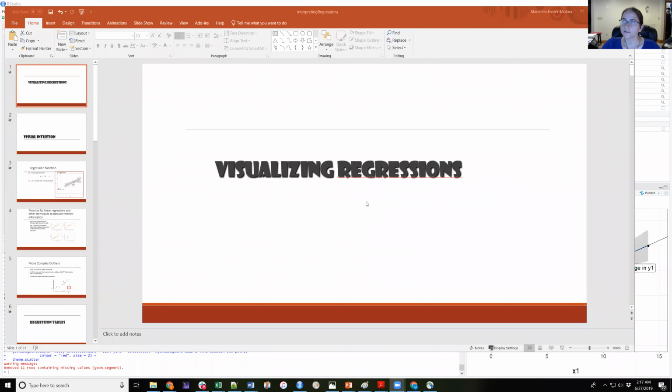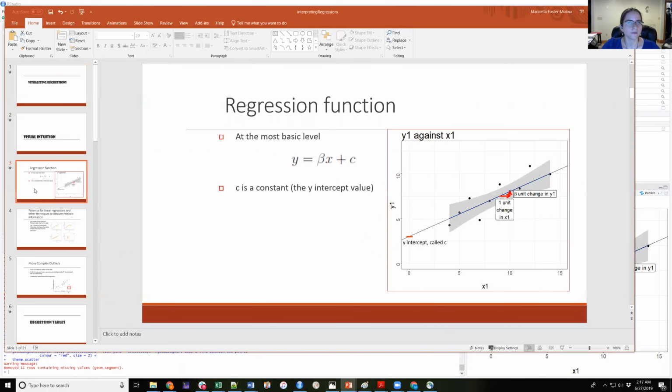So let's go ahead and start looking at the screen. So here we've got visualizing regressions, and this is part one, the visual intuition behind regressions. So I'm going to be looking at a regression function, and a regression function at its most basic level is trying to take a set of scatter points in a scatter plot and fit a line through those points as